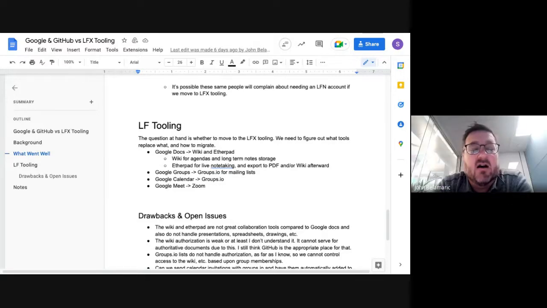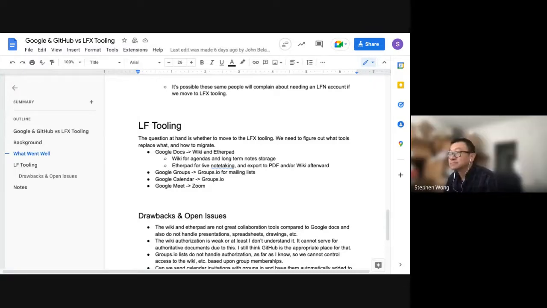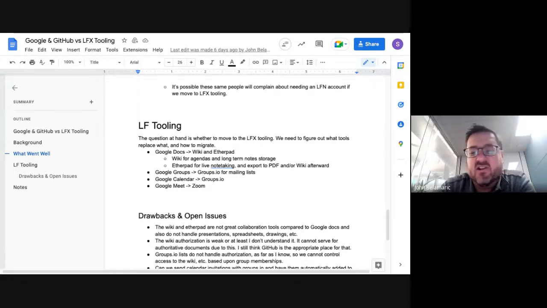Anyway, a systematic approach to this would be to look at the different things that we need to do as a community and try to determine what tools we're going to use. We just did this in the discussion of design proposals. I was just taking what Linux Foundation was going to give us and putting it here. I put some drawbacks and open issues, so please, anybody comment on this. We don't need to decide it right now in this meeting, but